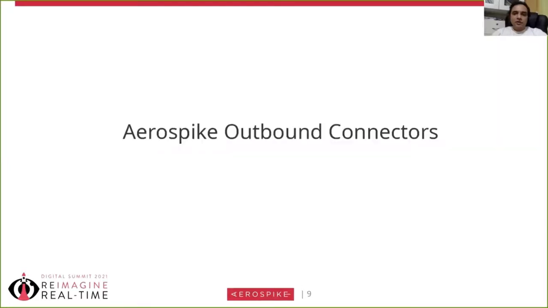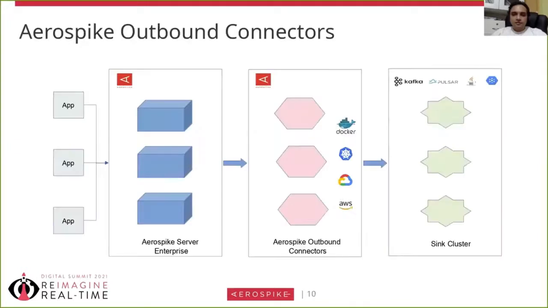The next thing that we are going to look at is outbound connectors. An outbound connector streams changes made to records in the Aerospike server to sync clusters. The outbound connectors that we have currently implemented do not run within any framework, for example, the Kafka Connect framework. The reason being it is more efficient to have XDR stream records through an outbound connector into the sync cluster, because the primary mechanism supported by the Aerospike server is a push-based mechanism for change notification.